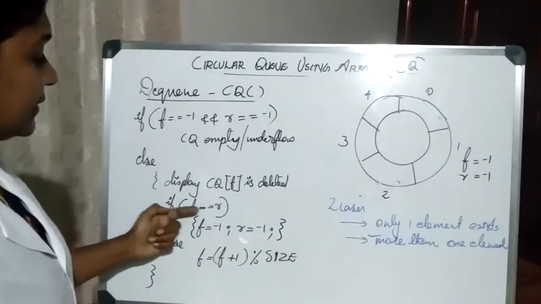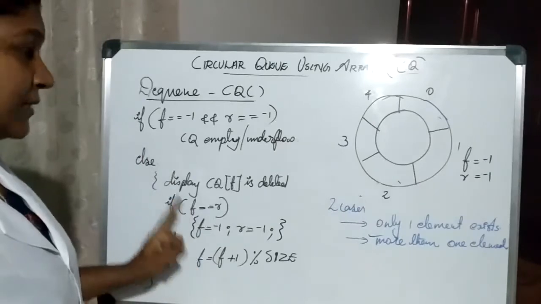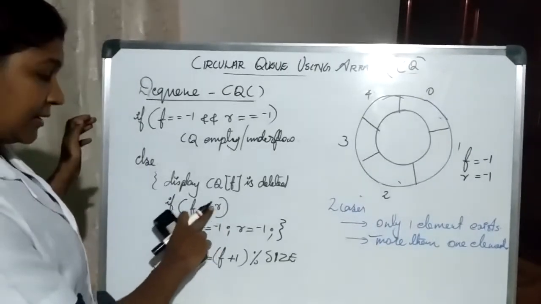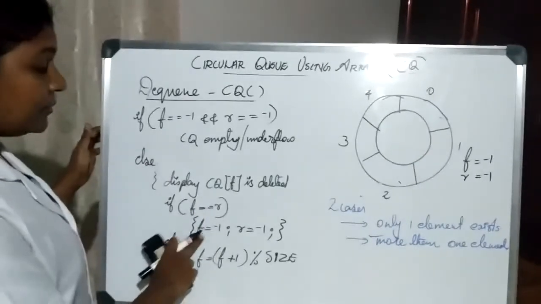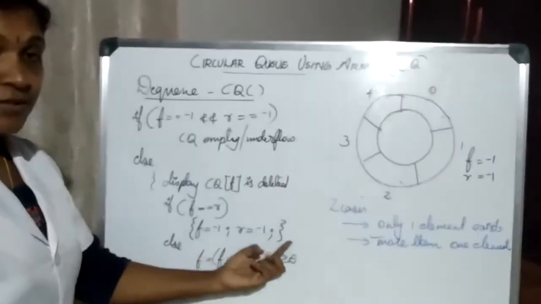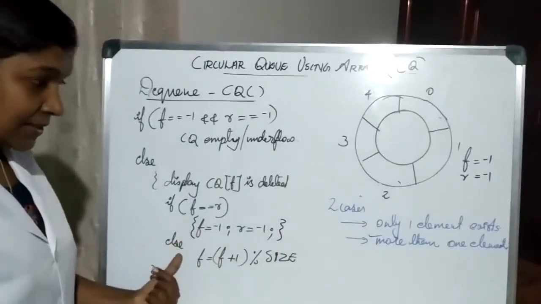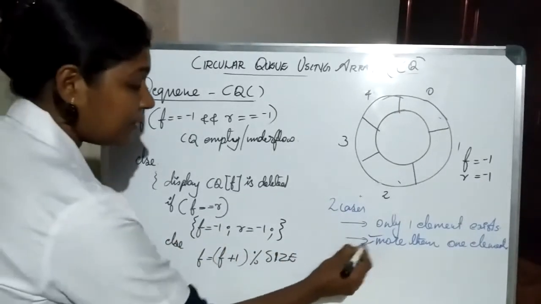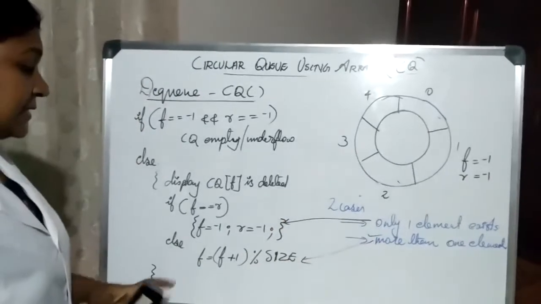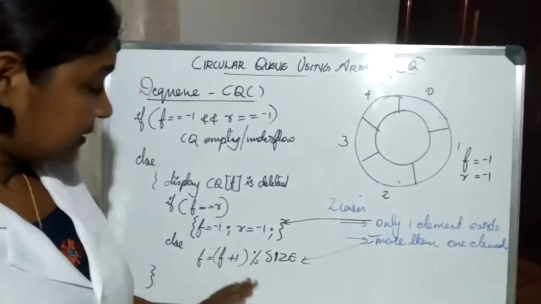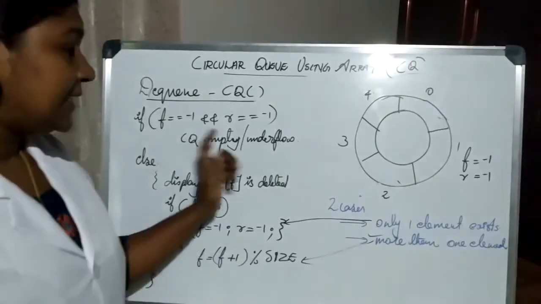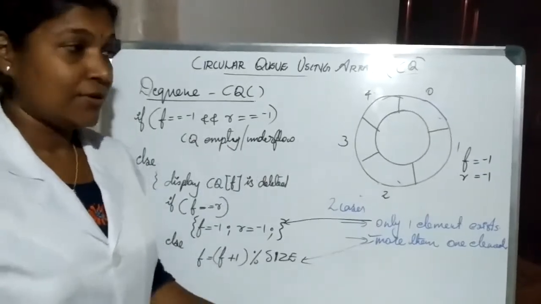Then we will consider two cases: the existence of a single element and the more-than-one-element case. First we check whether there exists only one element within the circular queue by providing the condition if f is equal to r. If this returns a true value, explicitly set the value of front is equal to -1, r is equal to -1. This is for a single element. Otherwise, that means more than one element, so increment the value of front as f is equal to (f plus 1) mod size. So this is the DQ operation in a circular queue.